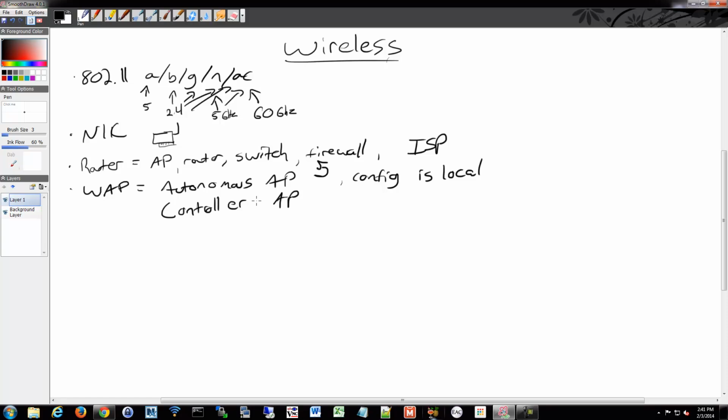It's not very scalable. If you're in a small business where they have like 3 or 4 access points, then that's probably fine. But once you get into a larger environment, that's not sustainable. So what you'll switch over to is a controller-based access point, and you have 2.5 flavors of those as well. You have ones that are controlled using a controller server,